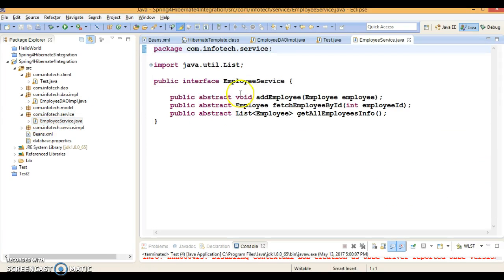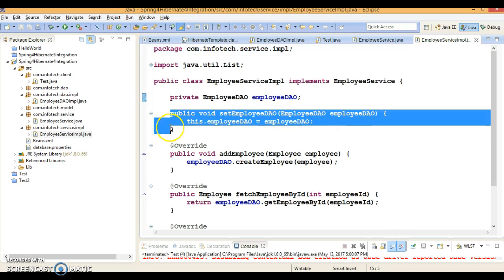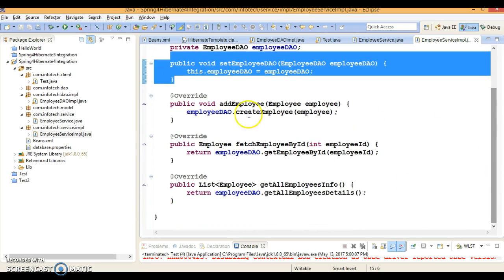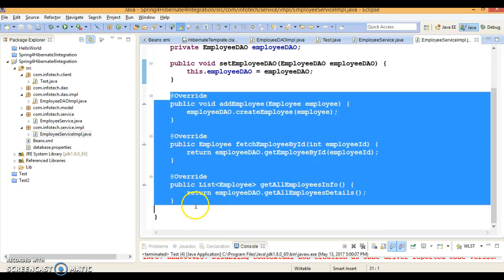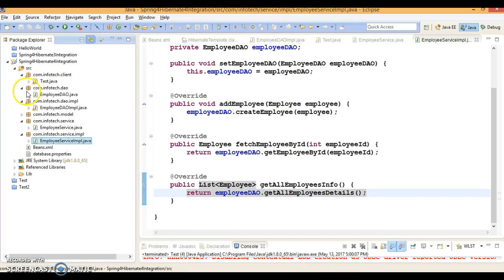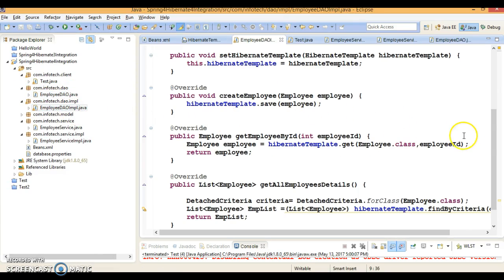Here we have a service interface, and the implementer of this service interface is EmployeeServiceImpl, and there I have declared DAO references and the corresponding setter method, right? And from here we are just making calls to the DAO layer methods. Here I have a DAO layer interface where I have declared DAO layer methods, and this is the implementer of those methods.